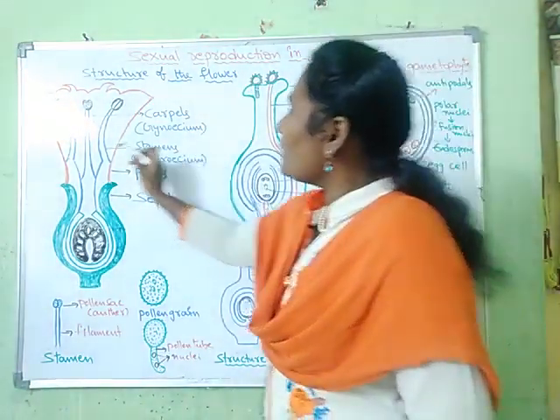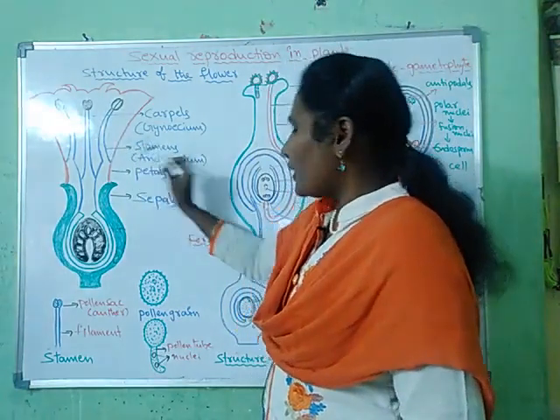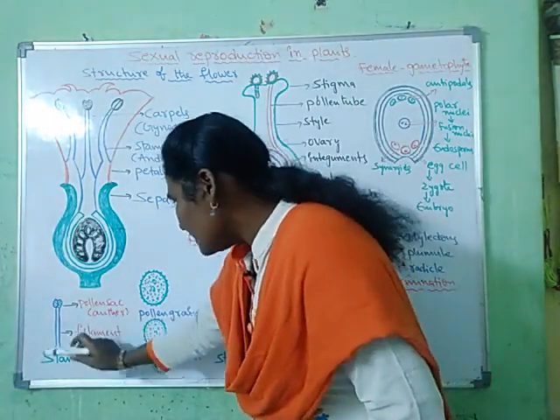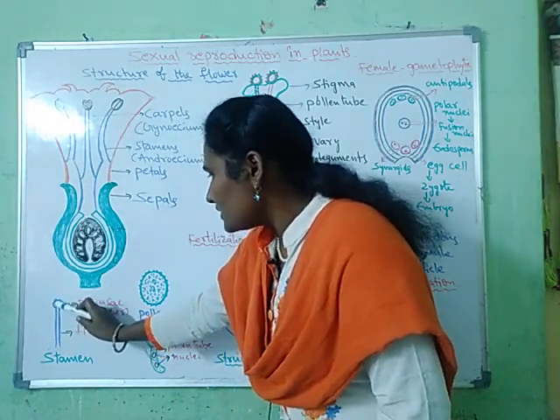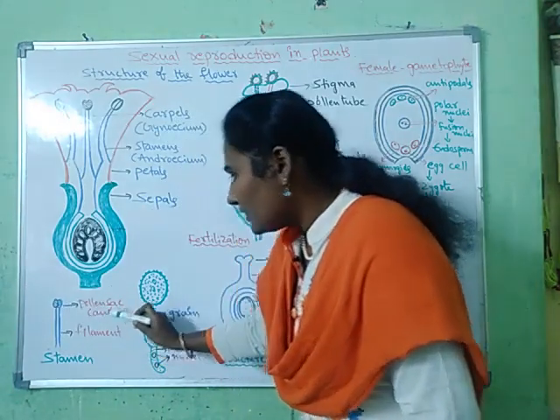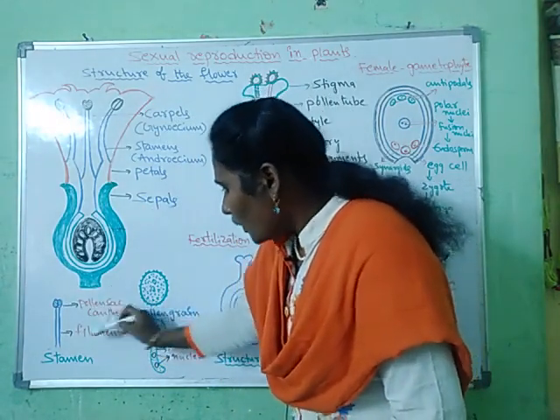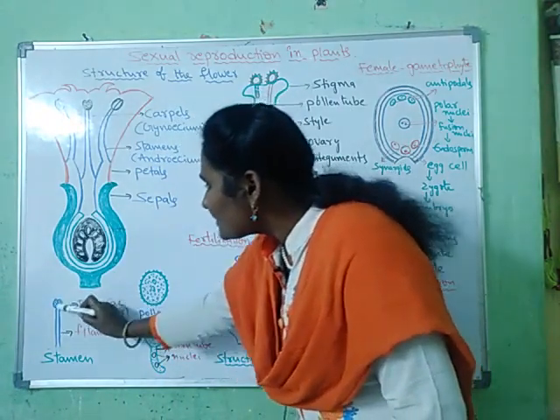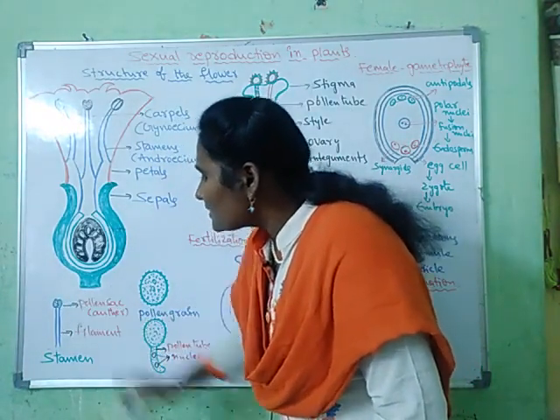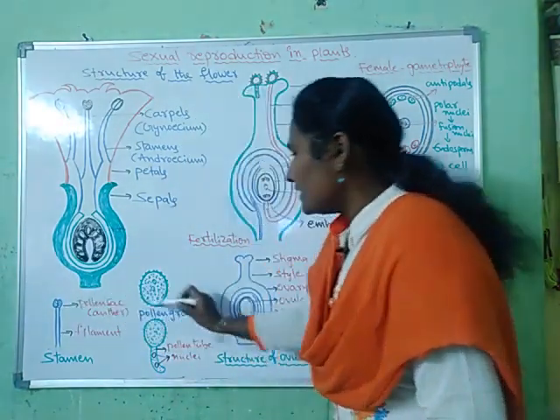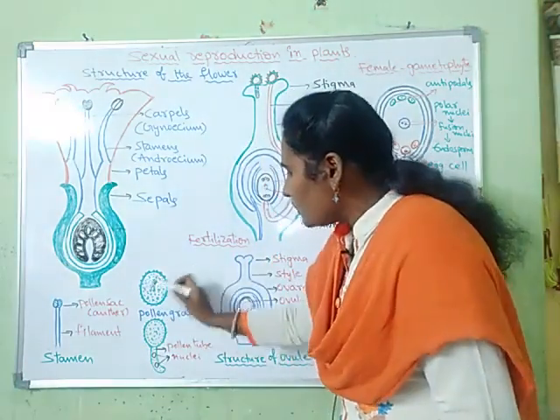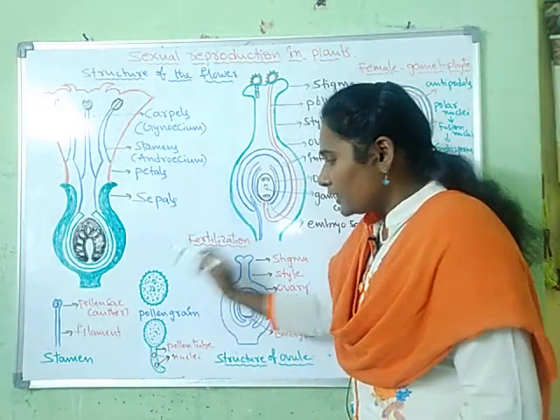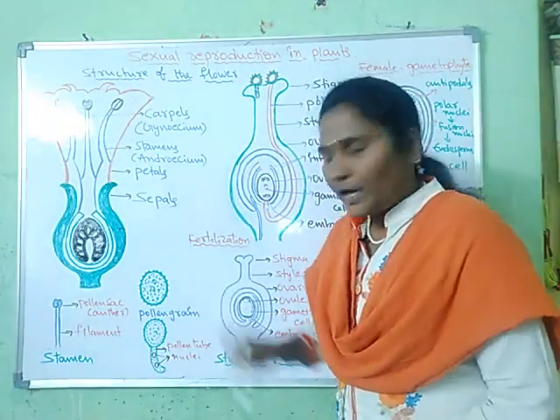Here, the male portions, the stamens or androecium, contain a long filament. At the head of the filament there is a pollen sac or anther. This anther or pollen sac bears some ball-like structures. Those ball-like structures are pollen grains. We can easily observe these pollen grains under a microscope or with a hand lens.